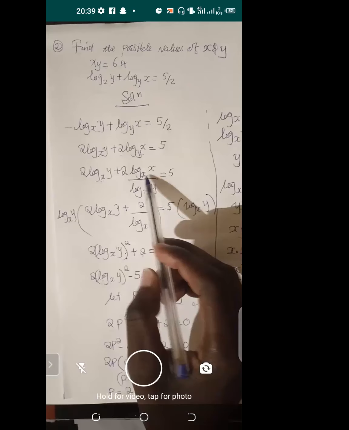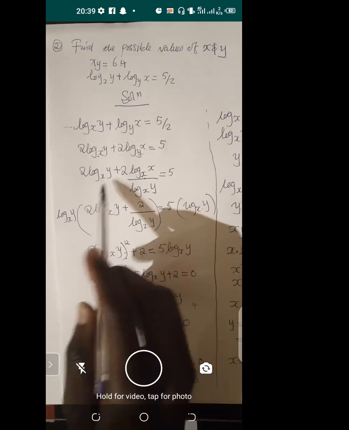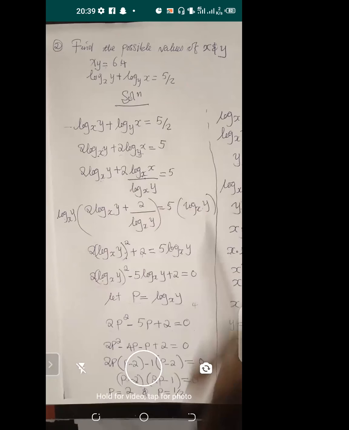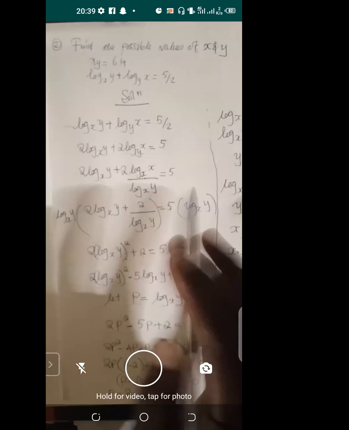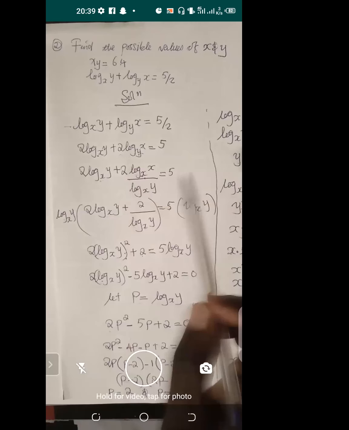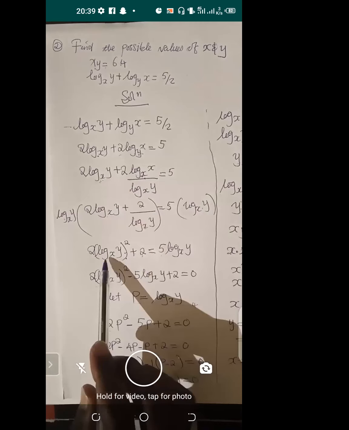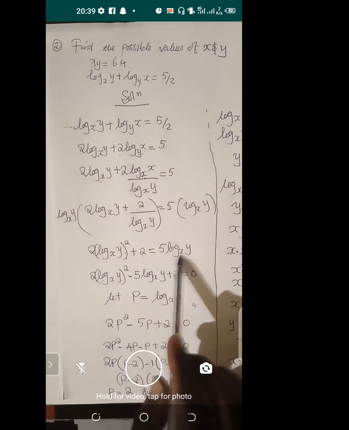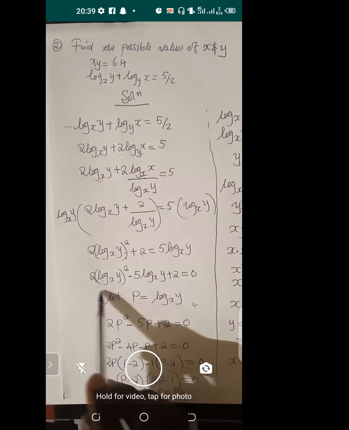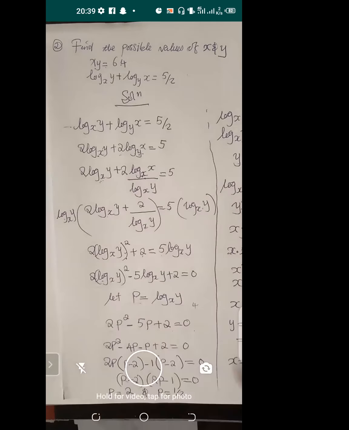I noticed I wanted to make my work easier because I know if I work around with the laws of logarithms, I'm going to be able to solve this. I know when I have the same bases, I'm going to apply this here and get that there. So you have a log xy, and then I can come up with some form of a quadratic equation, and then solve for my desired results. So, that's how you